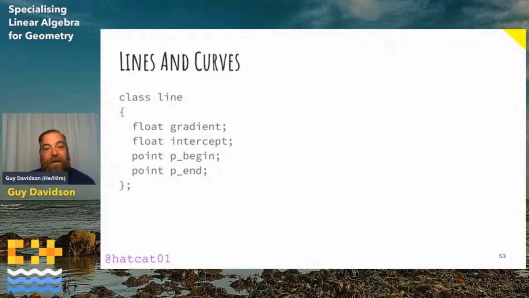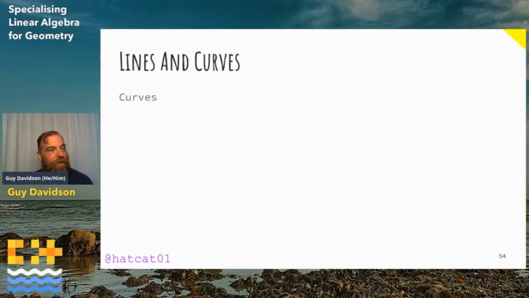Now, having said that, you might be left wondering if the gradient and intercept are actually necessary. They're easy to calculate. Is caching the gradient and intercept worth it? And that depends on how you expect to use them. In my domain, we only care about the endpoint, and all the rest is lazily evaluated. Right, straight lines, that was easy. How about curves? Well, we have a problem here.